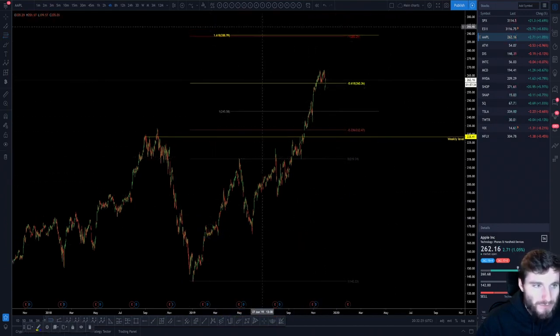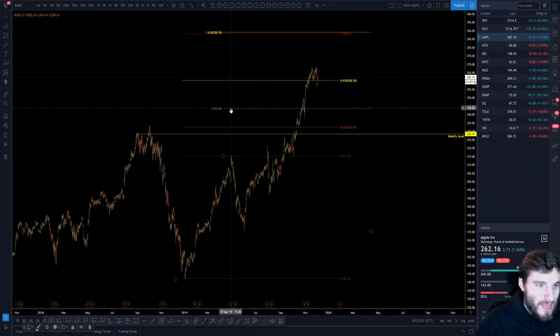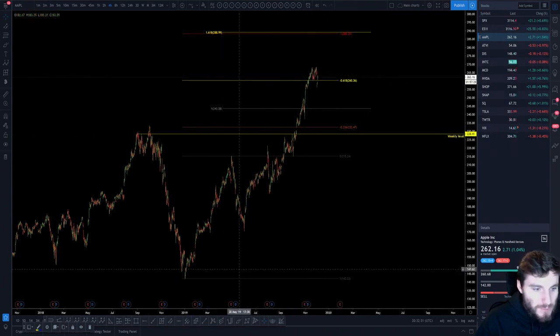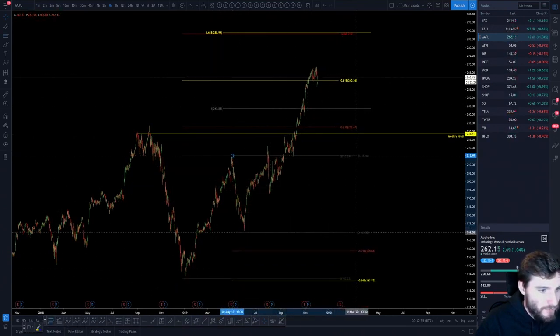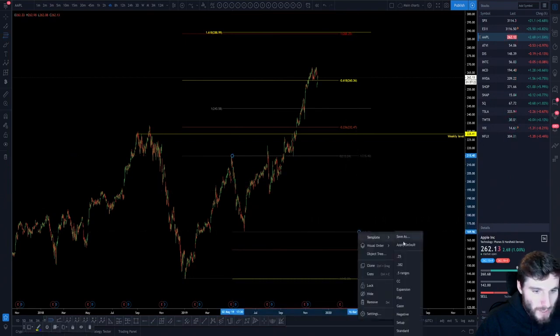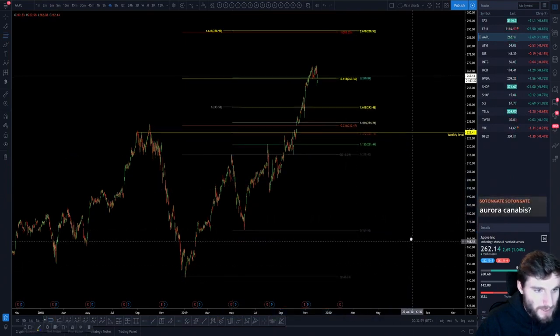If you can see here, you don't really get anything lining up to the top, but this is always going to line up more or less. But here, there's no confluence between these levels. What we can also add is a bit of an extension of this low here. This is the one I would add. Expansion of this low.